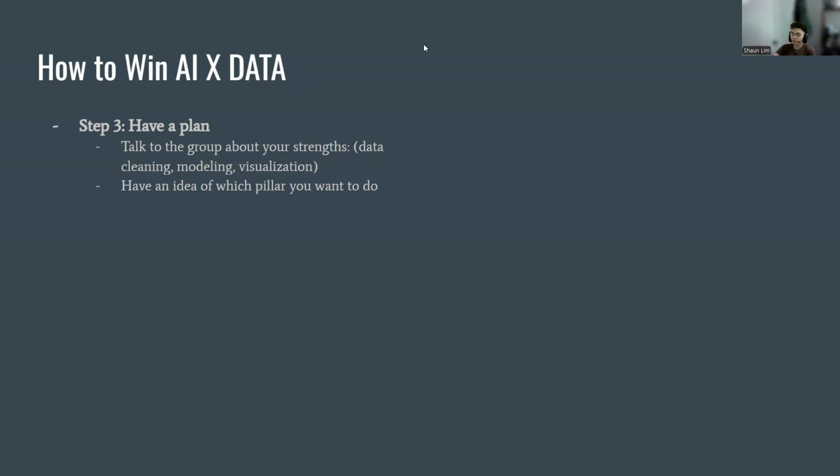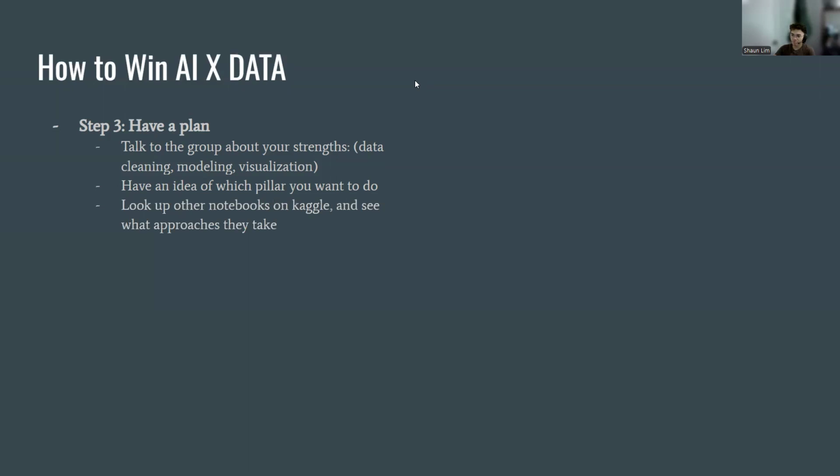Just beforehand, it's pretty good, but I guess the real time to really pick is once we release the data sets and the pillar data sets, and you see which pillar is most interesting to you and which data set is most interesting to you. But just have an idea.